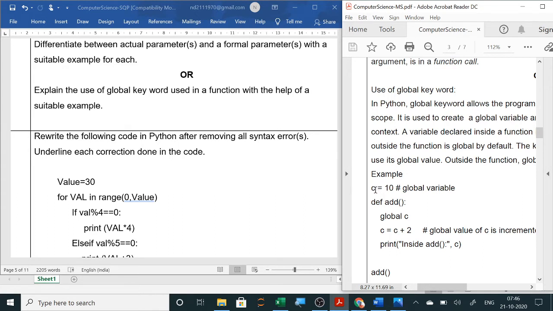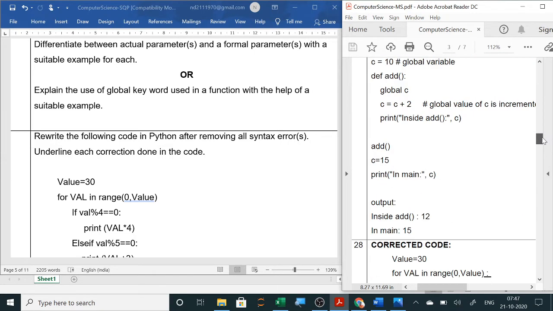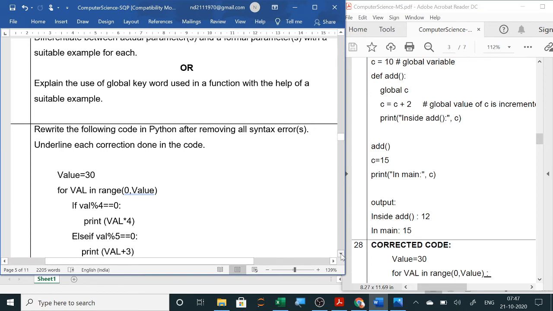So since C is declared outside, it is a global variable, and we are using here the global C. So we have used a global keyword to use this variable C. Now C is our global variable. Now here this C will be 10 plus 2, that is 12, and now we can call it. So you can see here 12, and when C is declared here 15, this value will become 15. So in main program we are using here 15. If you don't mention this here, then it will use the global value. Clear? So this is your global keyword which is used to use the global variables.